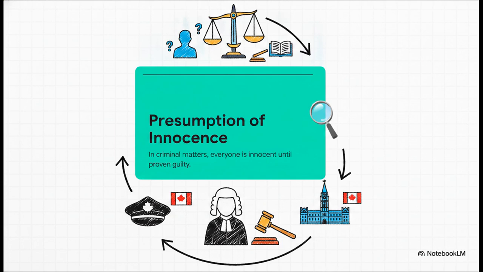Next is perhaps the most famous legal principle of all, and honestly a guaranteed exam concept: the presumption of innocence. In criminal matters in Canada, everyone is innocent until proven guilty. The burden of proof is entirely on the legal system to prove guilt, not on the individual to somehow prove their innocence. Furthermore, you need to remember that the law in Canada applies strictly to everyone. It doesn't matter if you are a judge, a high-ranking politician, or a police officer. Everyone is equally subject to the law, no exceptions.